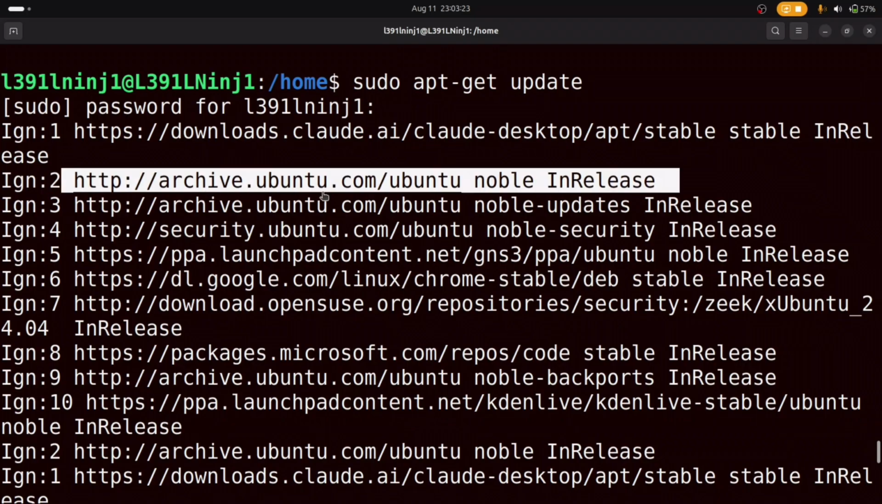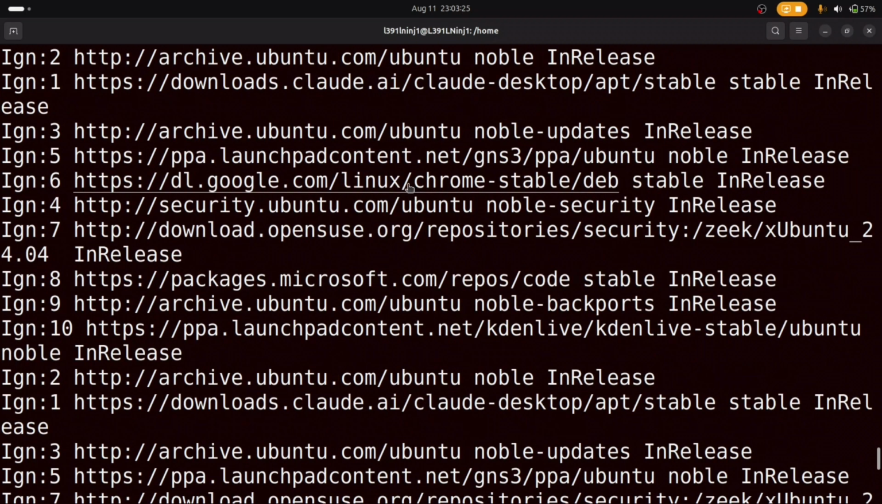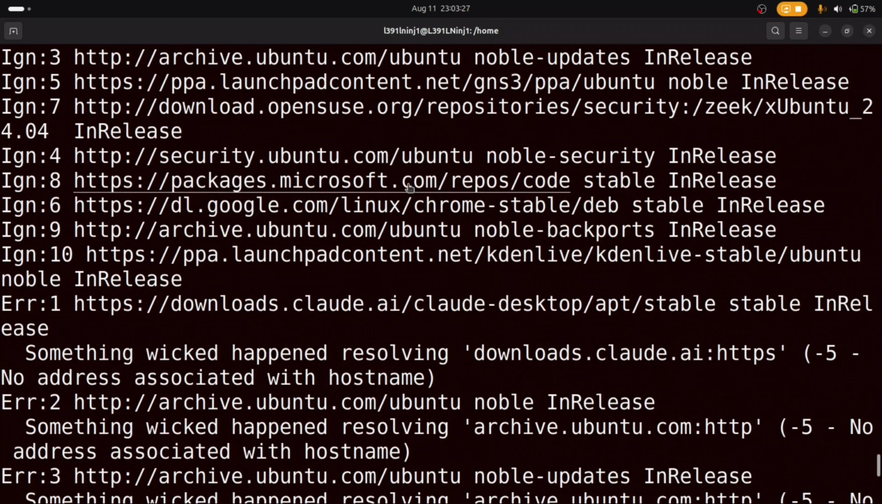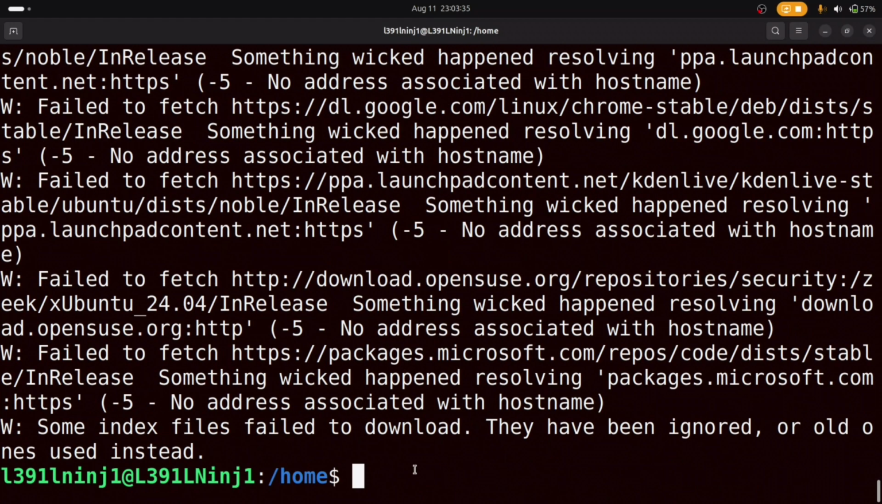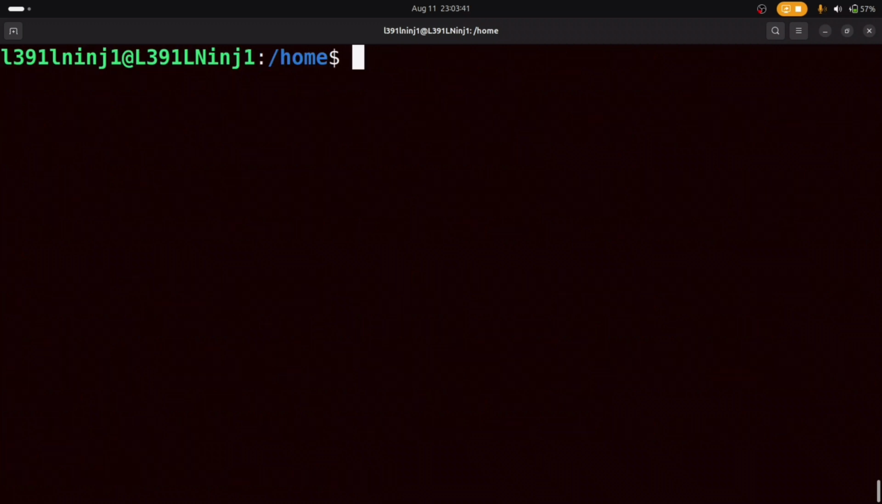One of them is this archive.ubuntu.com. These are some of the repositories from which I am going to fetch my downloads for my programs on this machine. So that is what super user does. And after updating your repositories, you can update your packages, and you run sudo apt-get